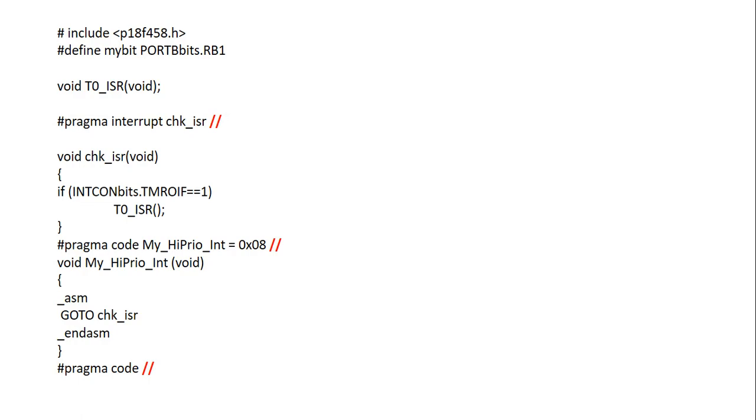The high priority addresses are given from 0x08 to 0x17. So in void my_high_priority_int, I have to write the function code: _asm GOTO chk_ISR _endasm. GOTO is the instruction at the interrupt vector to transfer control to that ISR.